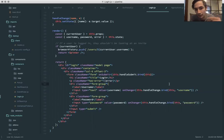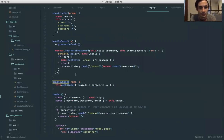But since we're returning a function and not actually calling it, we can pre-bind an argument to that function. So the handle change, if we look up at handle change, its function signature expects a name and then the event, the actual event object, which would be a DOM click event. In most cases, in this case, it would actually be a change event from the DOM. So this name,